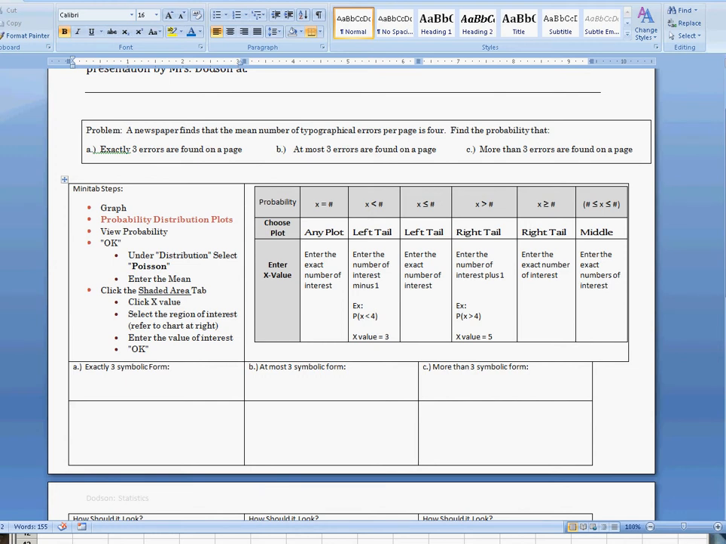Alright, let's take a look at how handy Minitab can be for calculating Poisson probabilities using that probability distribution plot that we looked at for the binomial probability distribution. Let's look at the newspaper problem that's so typical in a textbook, when there is a mean number of typographical